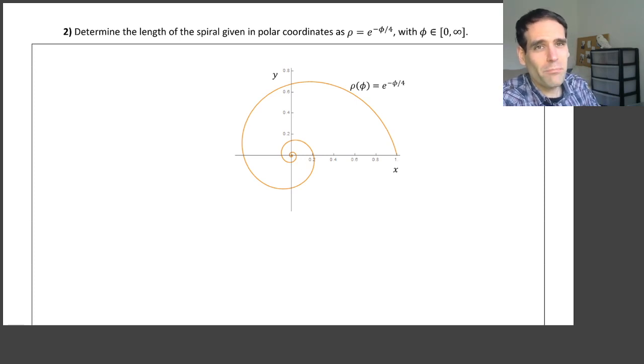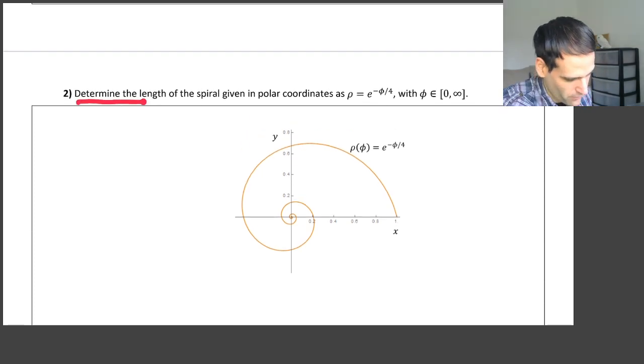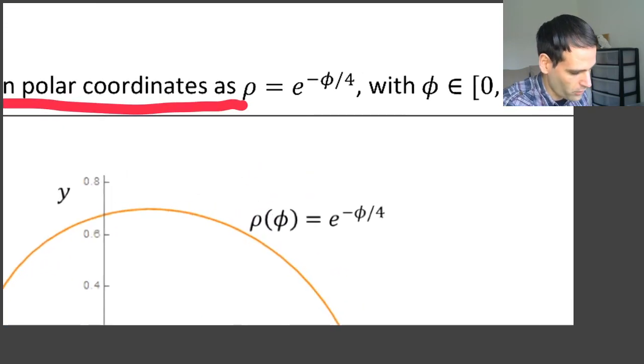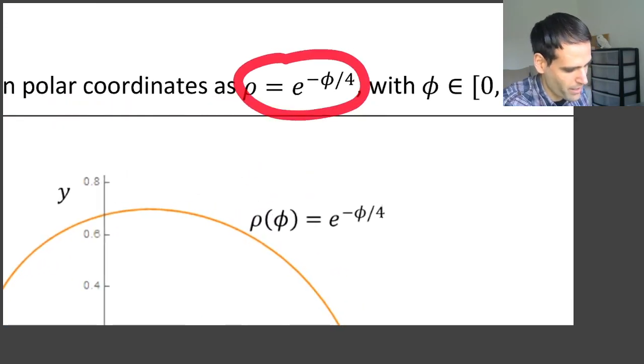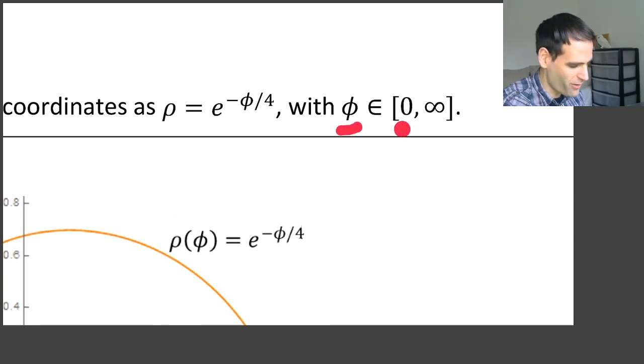Now, if the previous example of the length of a circle was trivial, this second example is fascinating. Let me read it to you. Determine the length of the spiral given in polar coordinates as rho equals the exponential of minus phi over 4, with phi going between 0 and infinity. So luckily, when phi goes to infinity, this goes to minus infinity, so the exponential of minus infinity is 0,